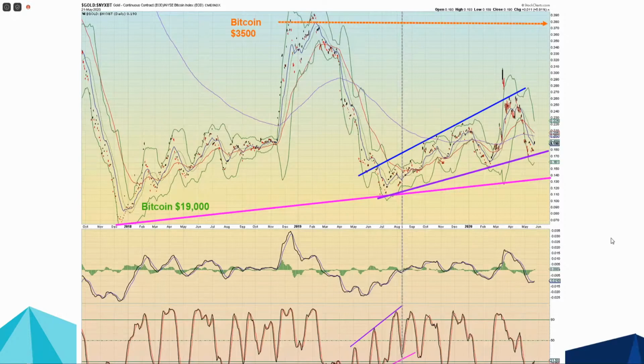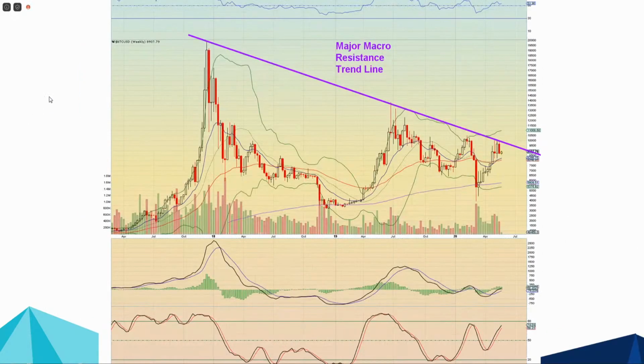And then if we look here, this is a Bitcoin weekly chart. This is the reason Bitcoin has faced a lot of resistance recently: it's facing its most major macro resistance trend line, which goes all the way back to the all-time high here at roughly 19,000. So it hit this major trend line, and thus far, it's rejected. What if we break out? If we break out purely on a technical basis, anytime you have a breakout like this, you revisit the highs. However,